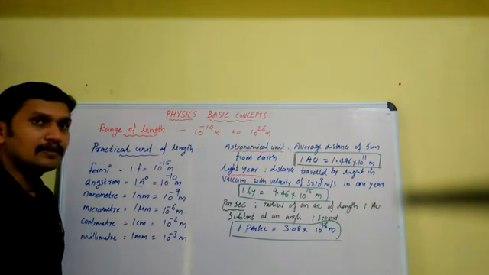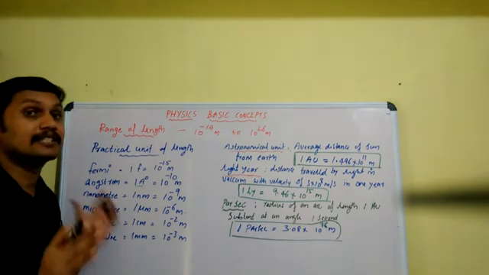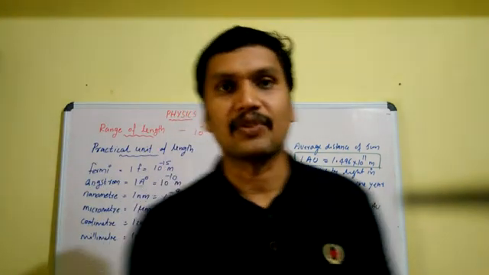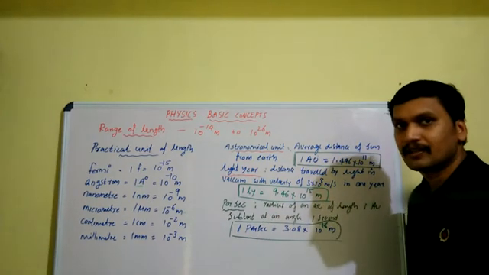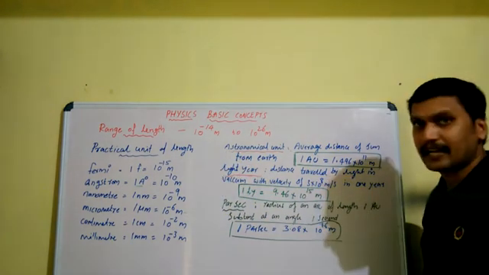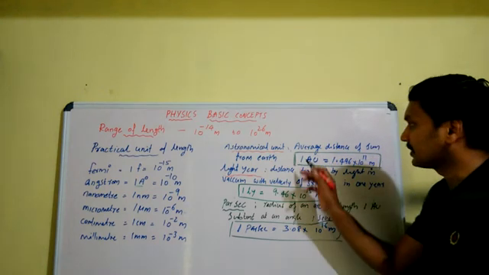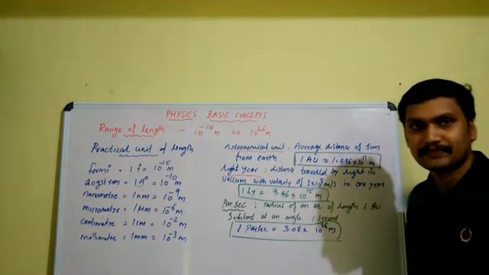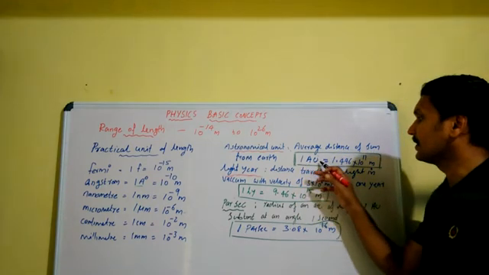Now we have some other practical units for the measurement of very large length. Let us see what are the practical units used for the measurement of very large distances. Out of these, the first unit is astronomical unit. One astronomical unit is defined this way: it is the average distance of the sun from earth. One astronomical unit is numerically equal to